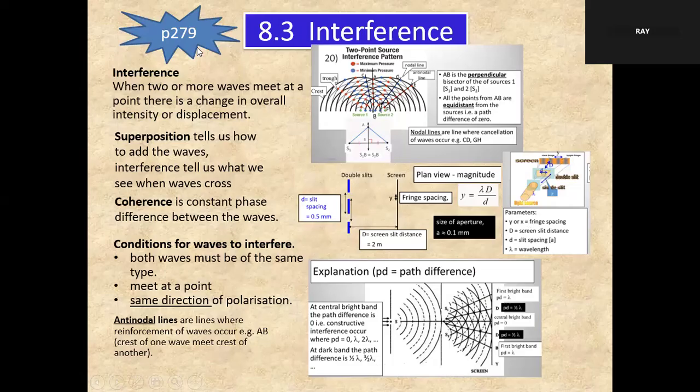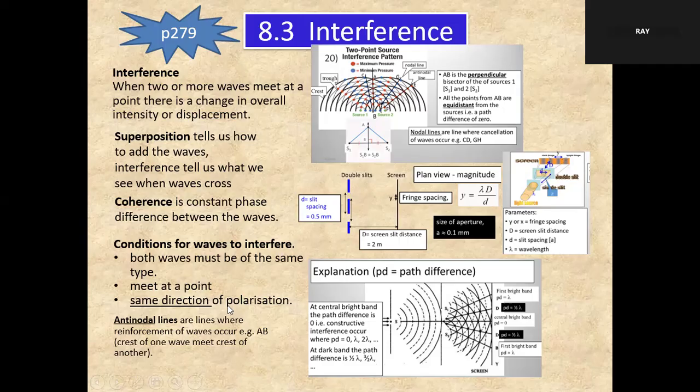And then for interference, you need to know what is interference. When two or more waves meet at a point, there is a change in overall intensity of displacement. Superposition tells us how to add the waves. Interference tells us what we see when waves cross. Coherent is a constant phase difference between the waves. Condition for waves to interfere: both waves must be of the same type, meet at a point, same direction of